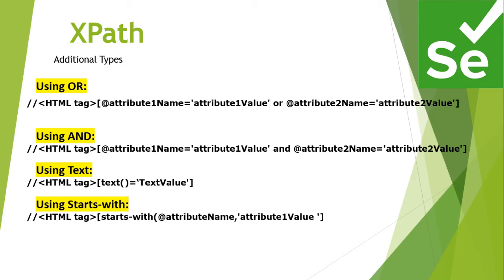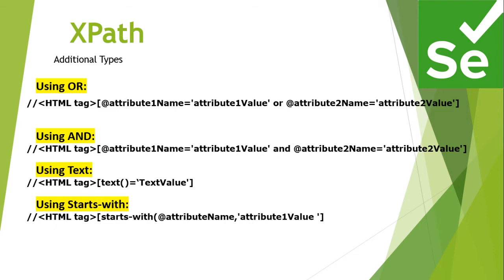And the last one is using starts with. It again uses the attribute value, but only a partial part of it, because as I said, sometimes the attribute value contains spaces or symbolic characters, because of which we will not be able to use it as a whole attribute value. In that case we'll use the proper partial part of that attribute value and avoid the remaining part. That will be under the type using starts with. So read all the formulas carefully and then practice on your own.